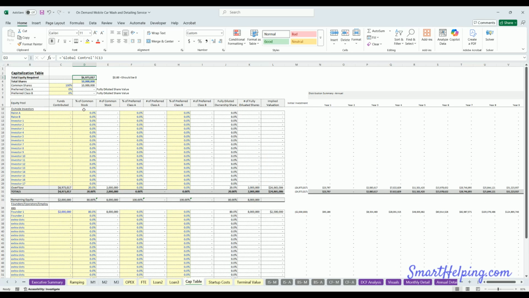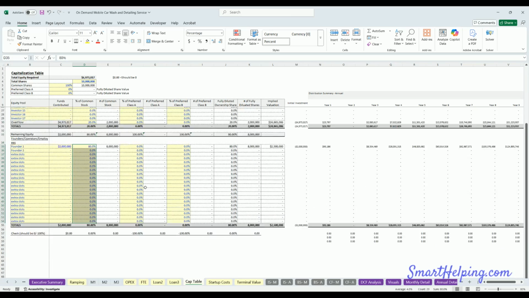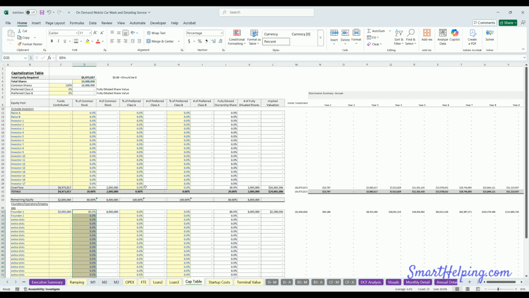And then the percentages, there's common, pref A and B, and really this is just going to define the total fully diluted ownership of each row or entity. And with this, again, just make sure the percentages in the top section plus the bottom section always add up to 100%. So if you had 10 million shares and you did 20% class A, 80%, and I'll say 70% here, and then 10% here,